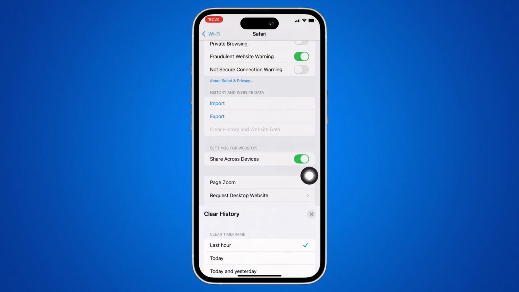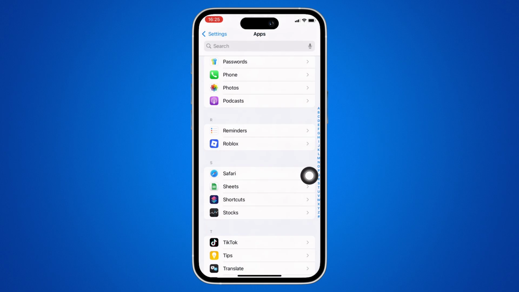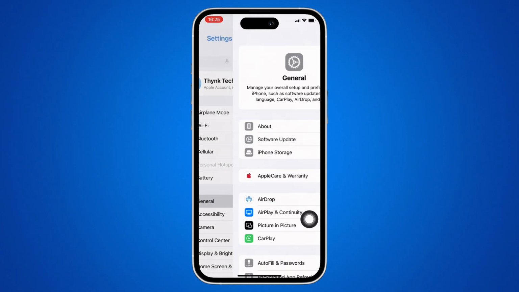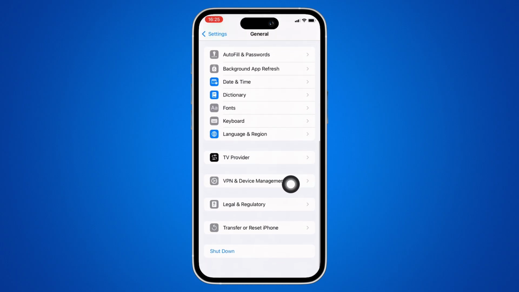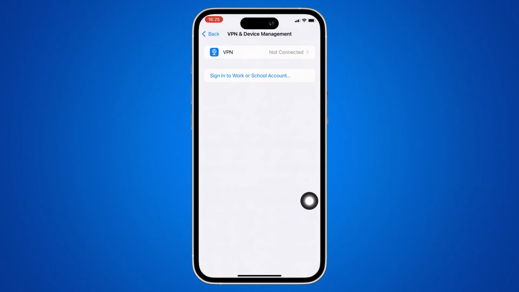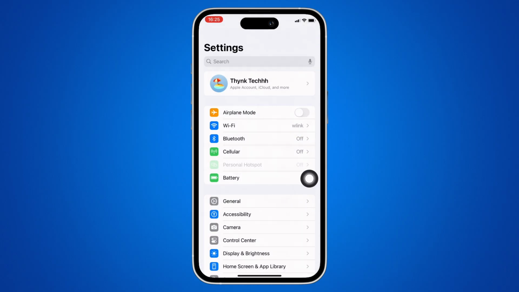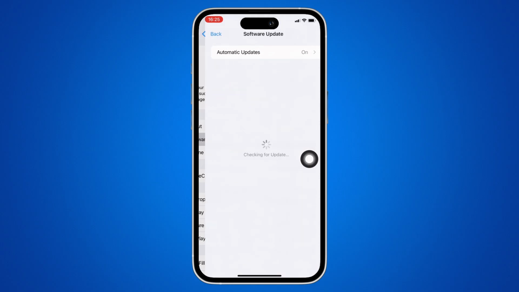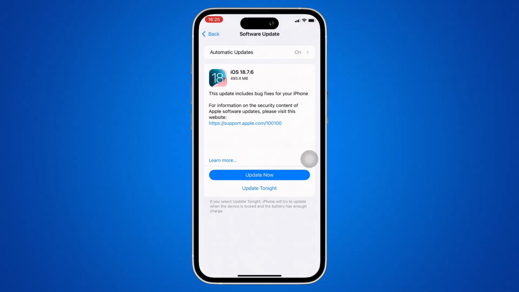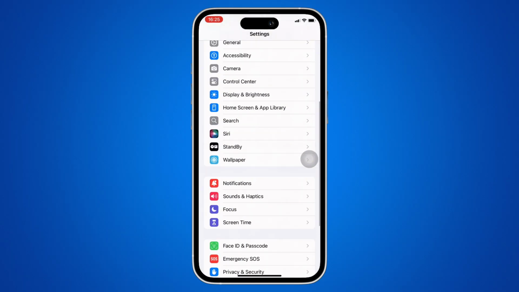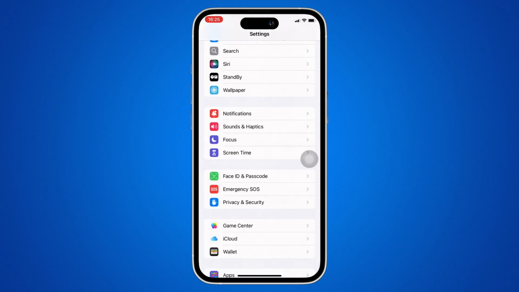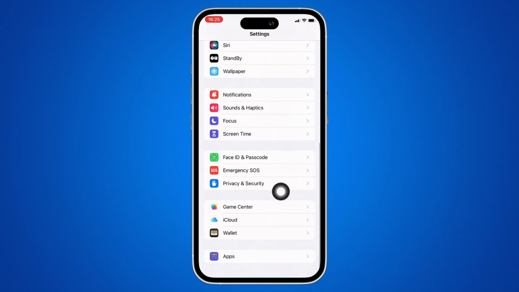action. Once cleared, go back to settings and tap on general and then on VPN and device management and delete any unknown profiles. Now go back to general and in general again, tap on software update and make sure your iPhone is updated to its latest version, and if not, then update it, as updates include security patches that remove vulnerabilities from your iPhone. See if that helps, and if not, then go back to settings and tap on privacy